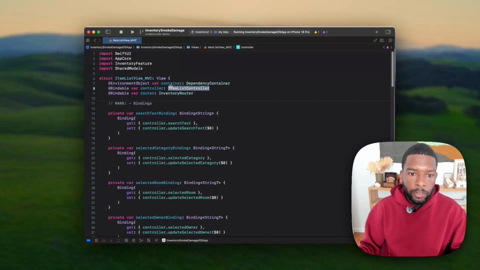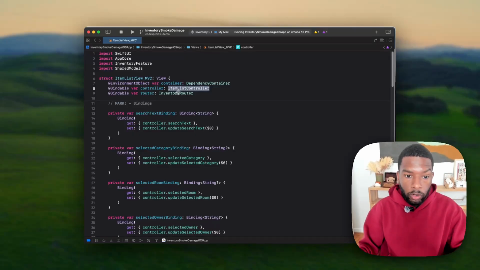Okay, so as you can see, same setup as the MVVM. All we're doing here is that instead of the view model, we have replaced it with a controller. We have the explicit bindings to make sure it's unidirectional, so that we're only reading state updates from the controller and never explicitly setting the state updates from the view. So all of that,